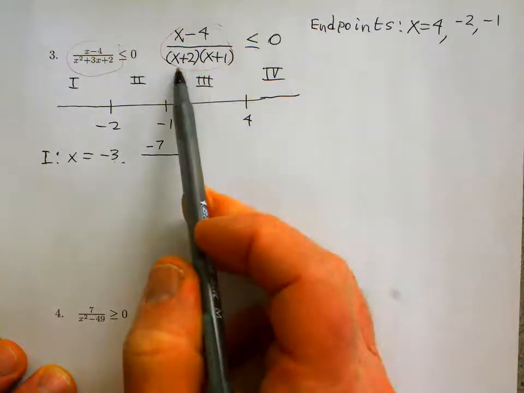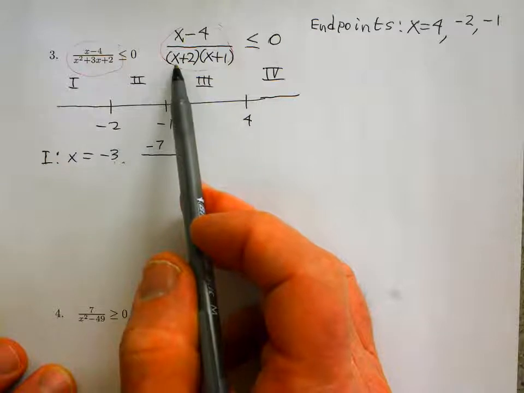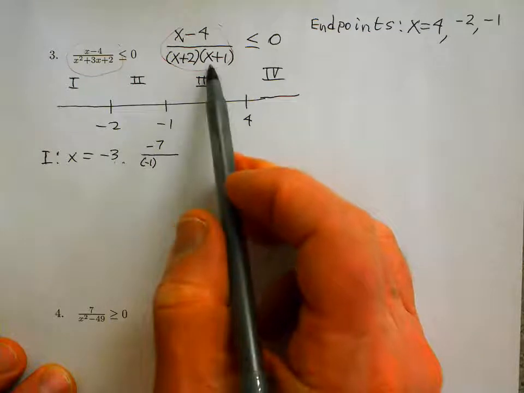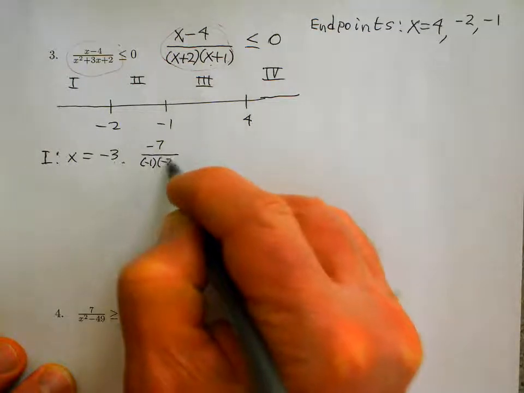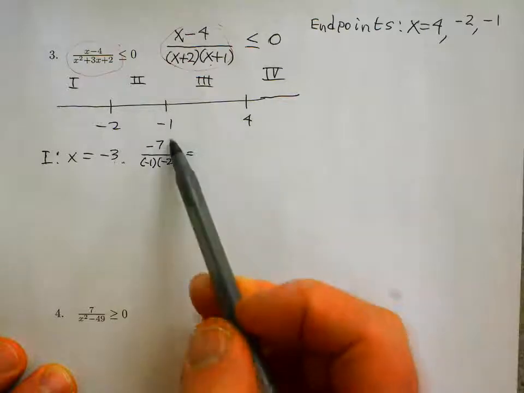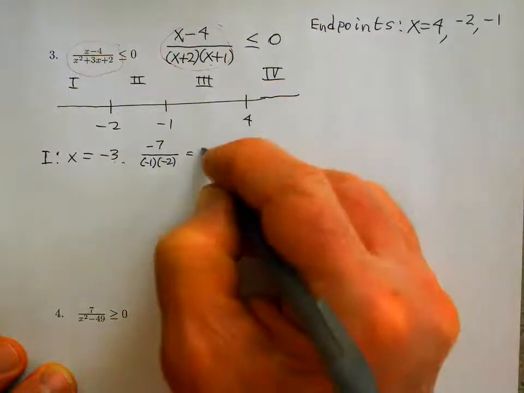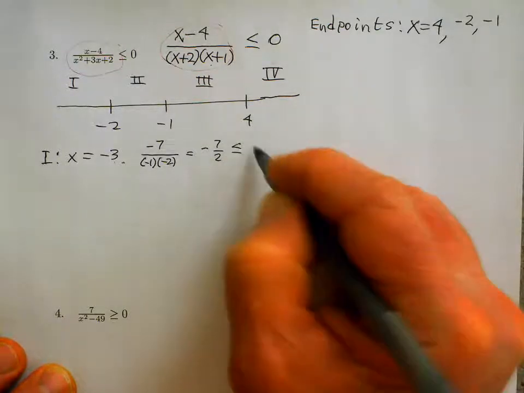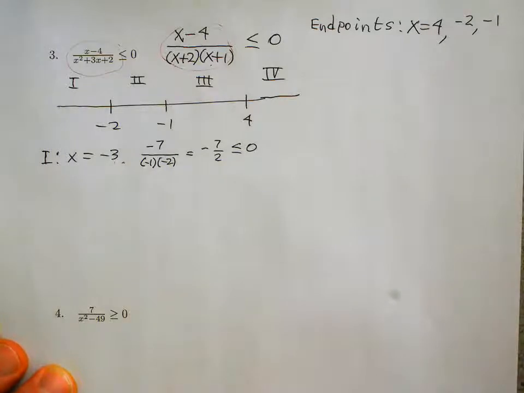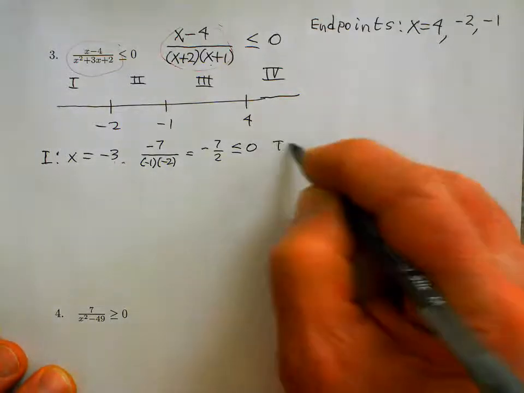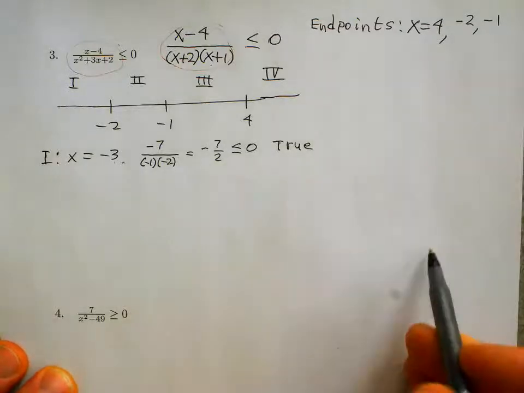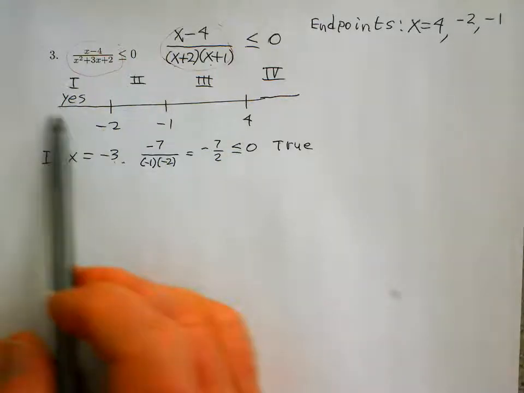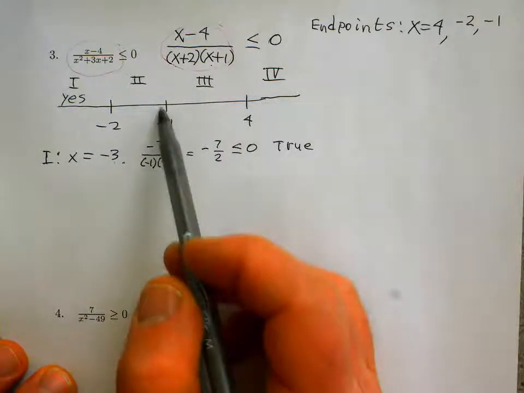In the denominator, we have 2 factors. -3 plus 2 is -1. The other factor, -3 plus 4, is -2. So we get -7 divided by +2, or -7/2. The inequality is less than or equal to 0. And that is true. So all of the numbers from -infinity up to -2 are solutions. In the second interval,